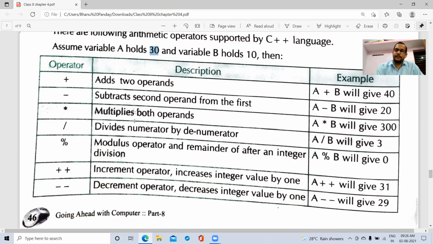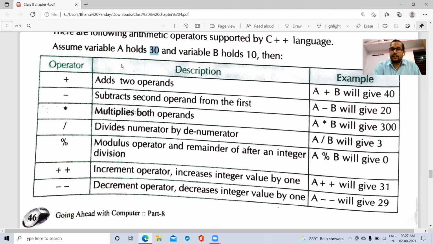Multiply both the operands. A multiply B means that 300. Then divide numerator by denominator. A divided by B. Then 30 divided by 10. Result is 3.